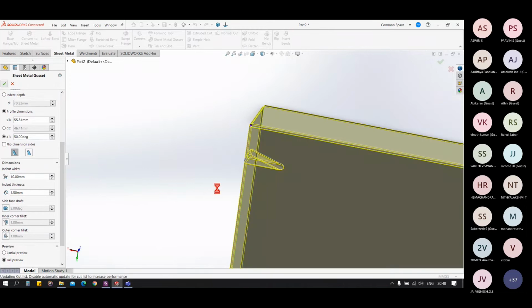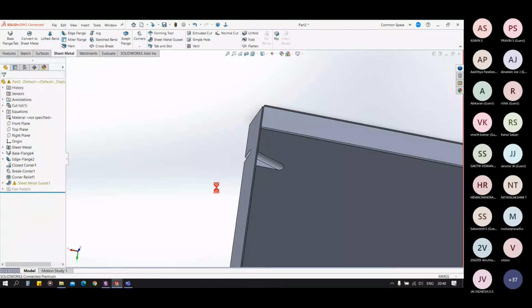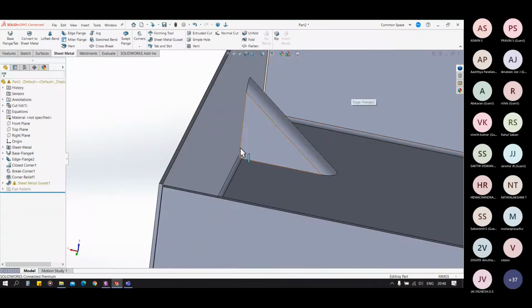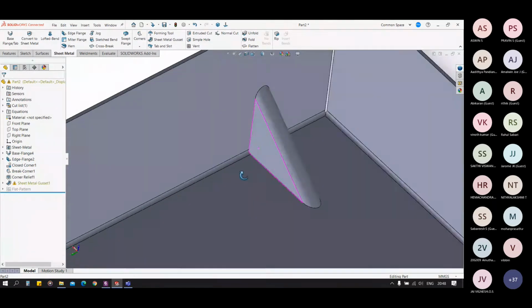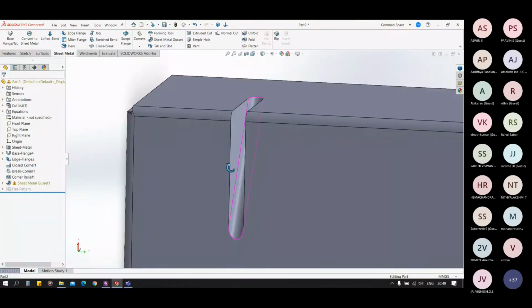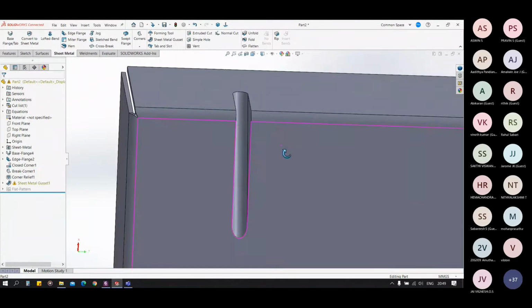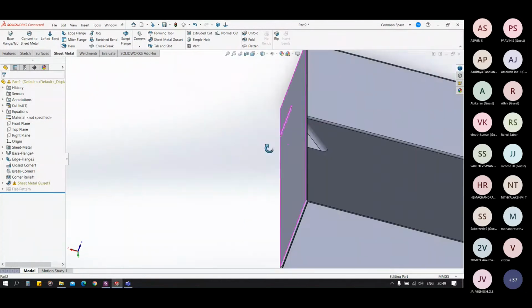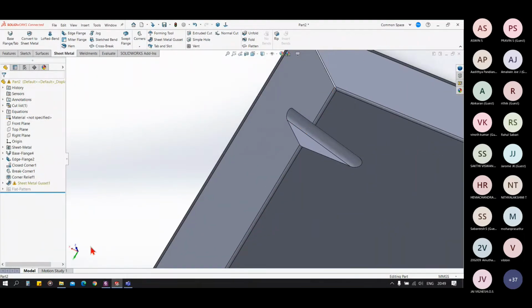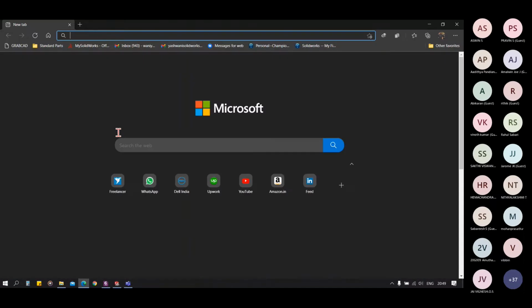When we click on OK, you can see we have added a gusset here, and this side is like this. This is the sheet metal gusset. Let me show you sheet metal gusset practically.